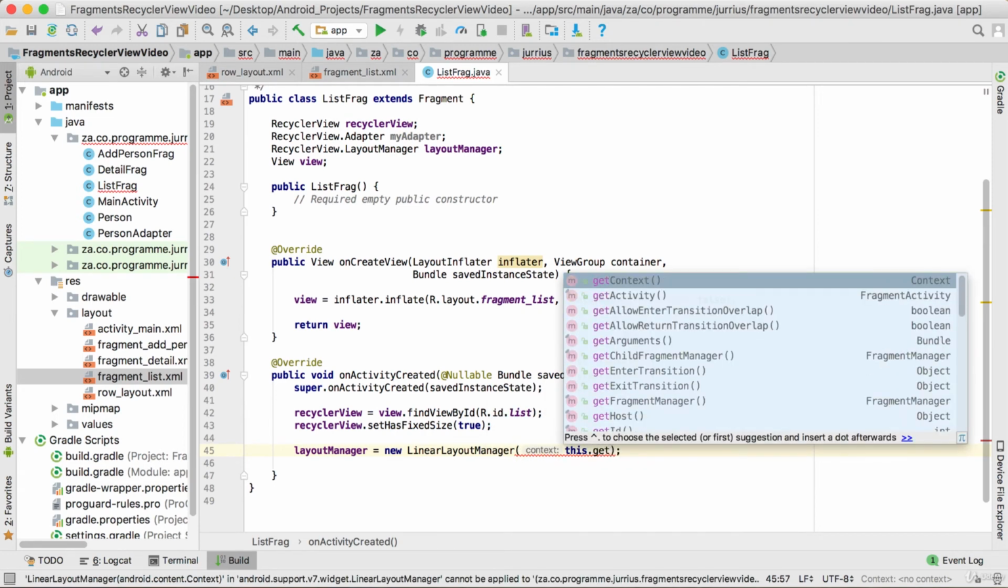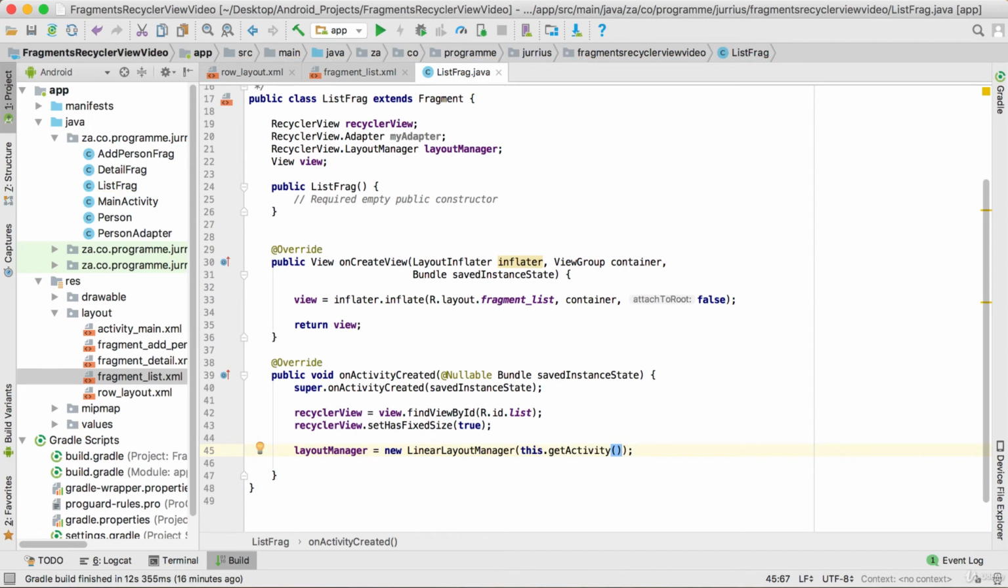And so we're just going to call get activity, and that's referring to the activity that's hosting this fragment. And then we can set the layout manager on the recycler view as this layout manager. Right, so now the next step will be to go and create an array list with person objects to send